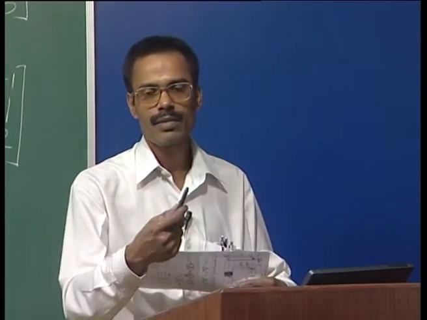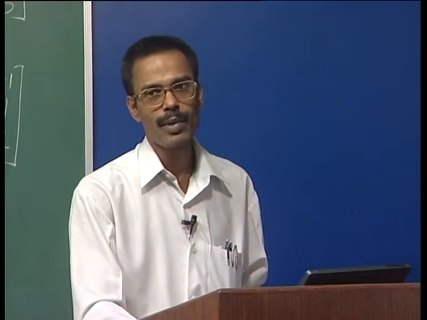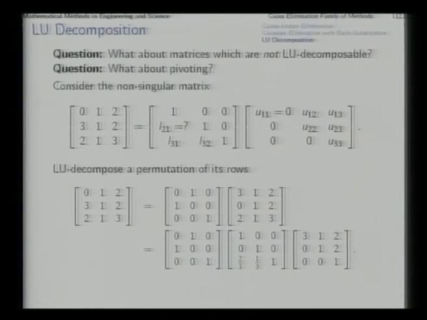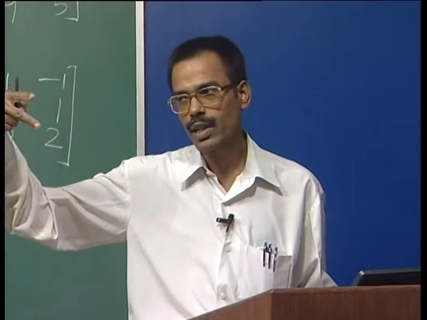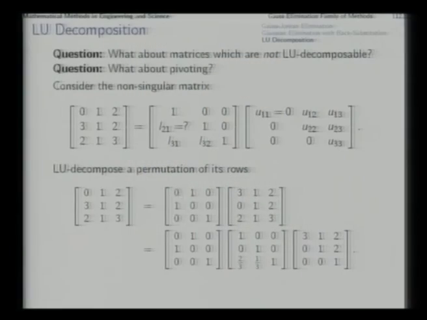But then when we do pivoting, what happens? The row structure changes. So, what we do is that in LU decomposition, whenever we do pivoting in actual practice, we do it at every step. So, in this particular case, while pivoting, we will be bringing the second row at the top. So, when we conduct that row interchange between first and second row, then we get this matrix. But then we do not know the right hand side. Later, when the right hand side will be given to us, at that time we should know that in the right hand side vector also the first and second row should be swapped. For that purpose, we keep track of the permutation.